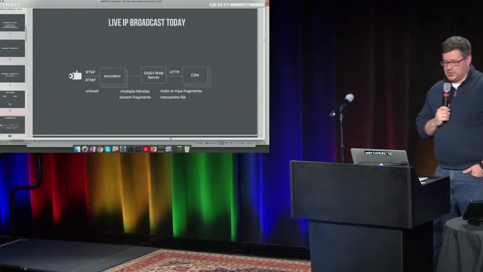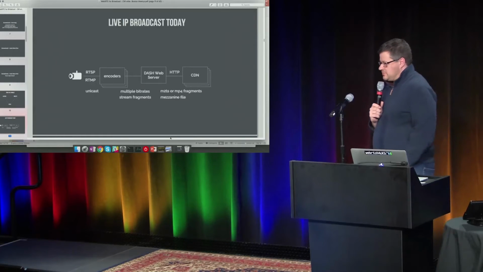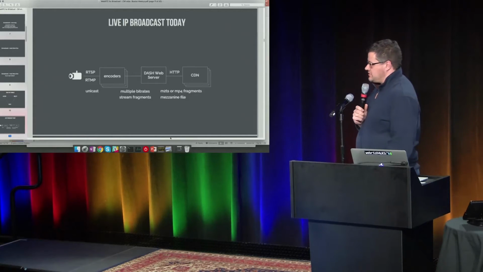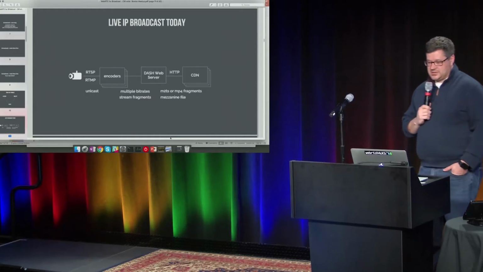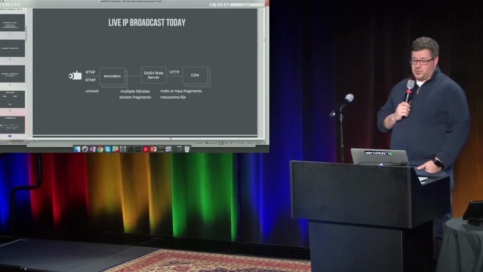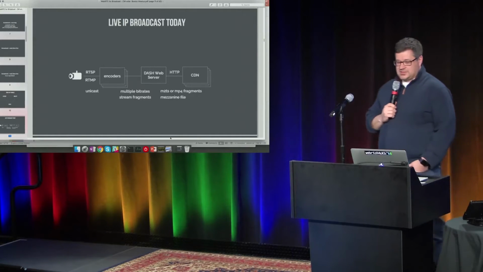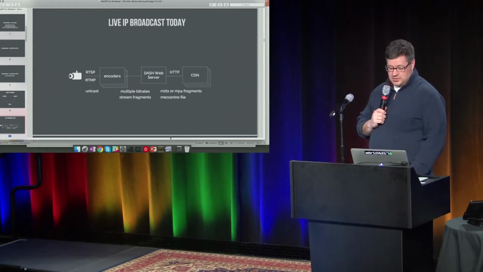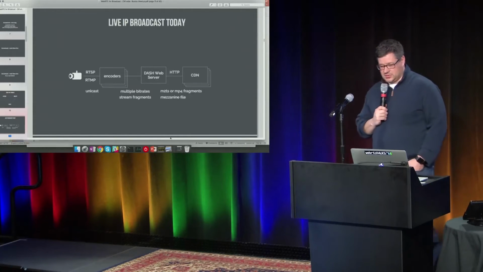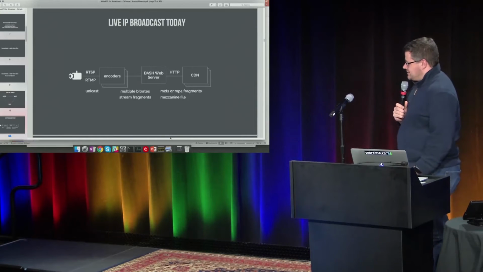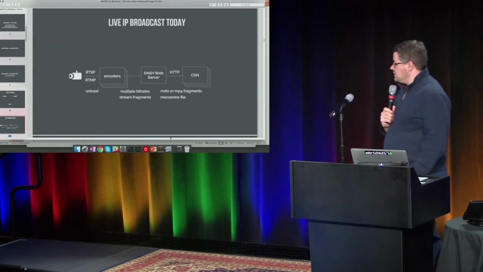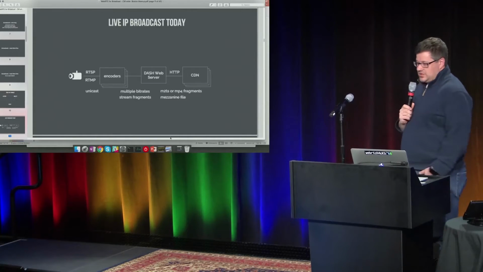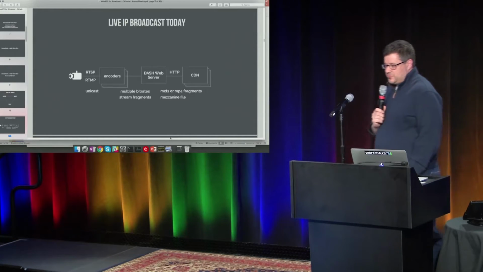You have a camera and a unicast stream, typically RTSP or RTMP, sent to an encoder that can encode multiple bit rates at one time. It creates stream fragments for each of those, and then sends them to the origin server, and in DASH it happens to be MPEG-2 transport stream or MP4 file fragments.